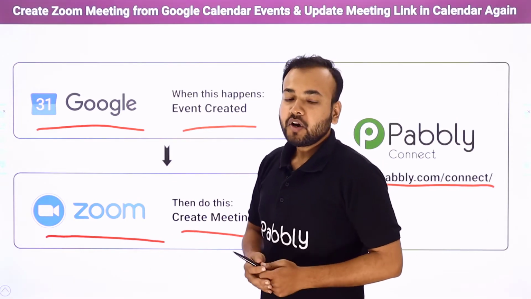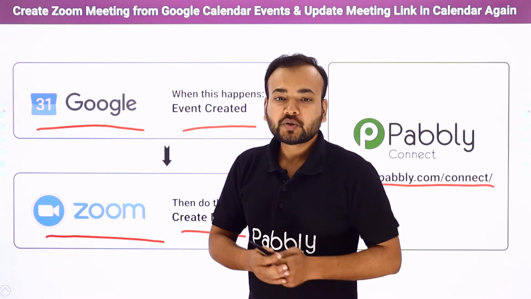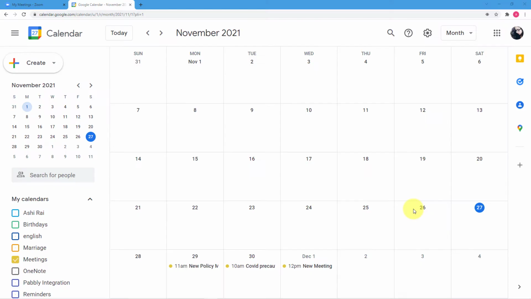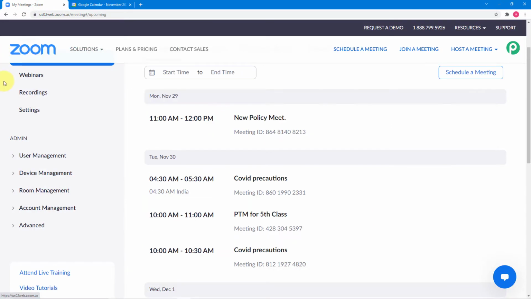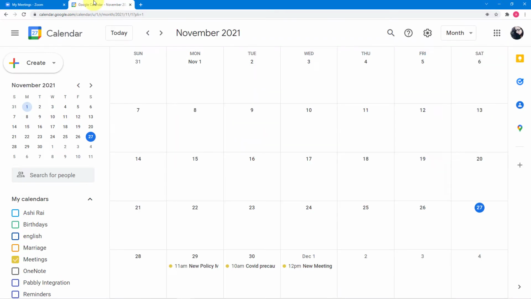So now let me give you a demo on my screen of how this automation is going to work in real time. This is my computer screen, and here you can see I'm in my Google Calendar application. I have created this calendar called meetings, in which I create events about any meeting that we want to conduct or attend. Whenever I create an event in my Google Calendar, I want the same event to be created as a new meeting in my Zoom application. And the joining link of this same meeting will be added in the description of the event as well. Let me show you.